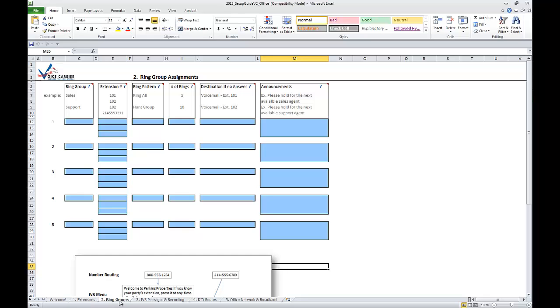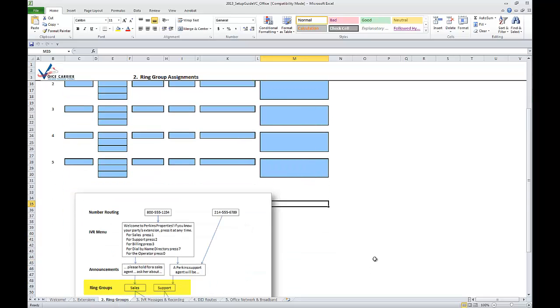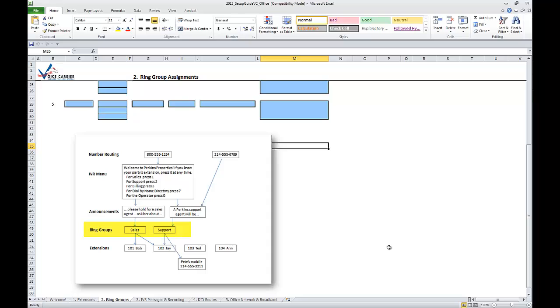The ring groups, there's self-explanatory information here at the bottom, which just talks about how your number, when it comes in, is going to route through your PBX. So if you have what's called an IVR, the IVR is basically an interactive voice response. So this is something that you would record: "Welcome to Perkins Properties. If you know your party's extension..." We've all kind of seen this in multiple types of phone systems. What this basically allows us to do is to determine which ring groups you want to go to